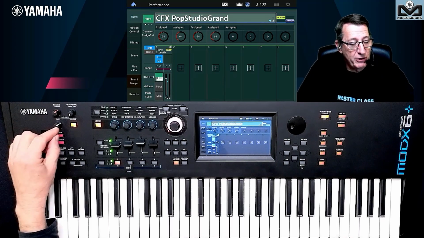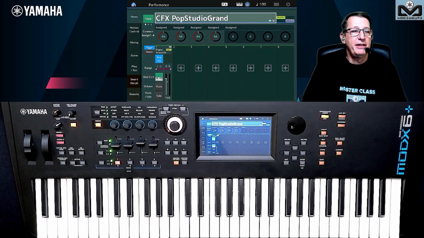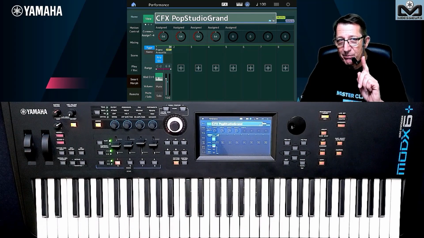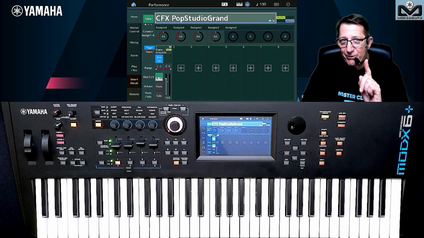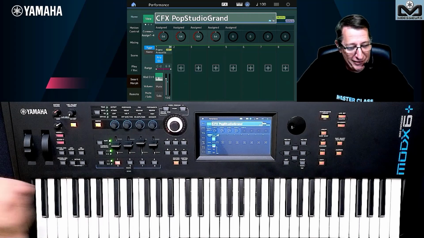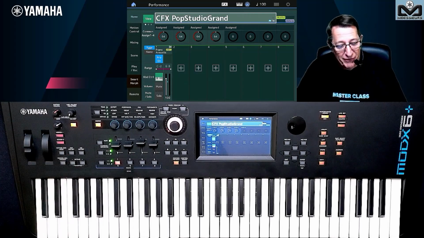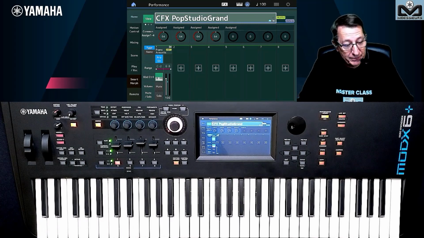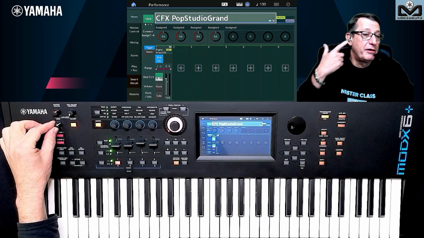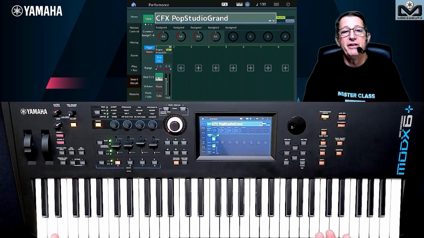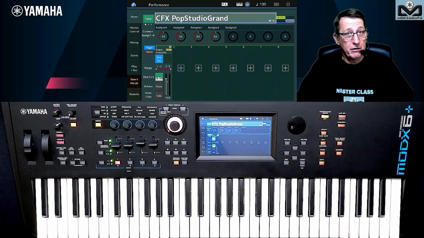So you need to find the good level, and you will say, I cannot find the good level on Modex or Modex Plus because I do not have this LED. Check the bonus at the end. I will show you the good way to do this, and it works also for Montage users if you prefer that to the little LED. So you can do it also with the ear. If you hear the sound is enough, there is no breath, the sound is clear, you're good.